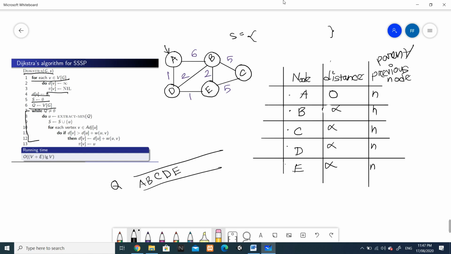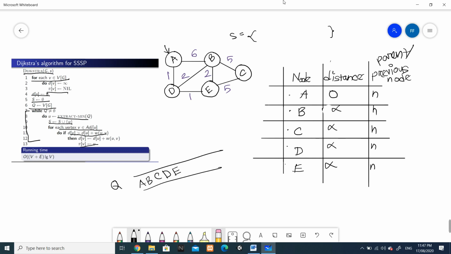and while the queue is not empty, we'll extract the minimum value of the queue, I mean the vertex with the minimum distance. We'll extract the vertex with the minimum distance, then we'll add that vertex to the set, and then we'll start exploring that vertex. From that node we'll see if it has any adjacent neighbors. If the neighbor's distance is less than the computed distance, we'll update the distance and then we'll change the parent node. So let's go through the simulation process. Now it will become much clearer.